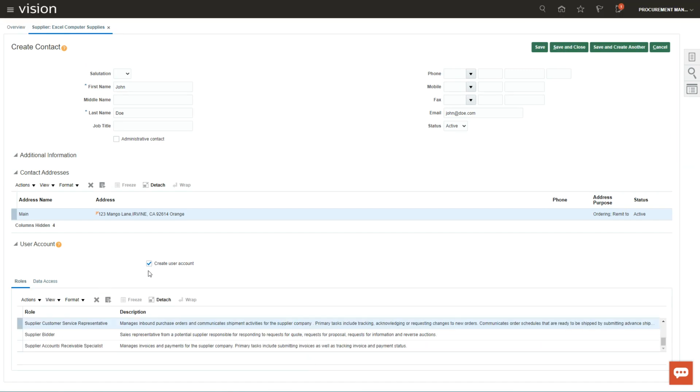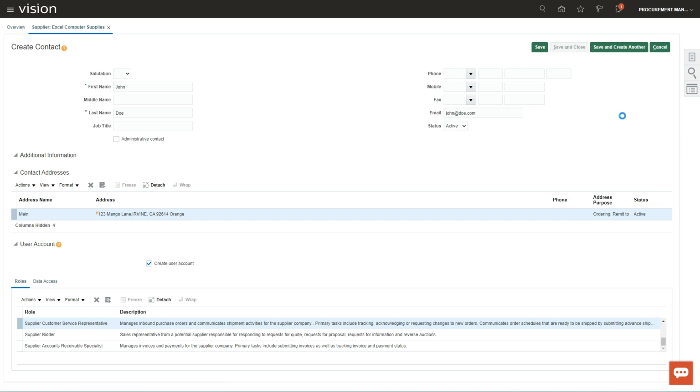These are the important things. If you create a contact and create a user account, you are having that supplier user log in to your system, and he can do transactions like send invoices, send ASNs, and all the things which supplier portal functionality does. Those are the minimum things you would do while creating a supplier.